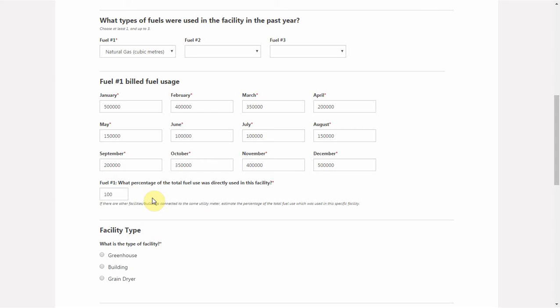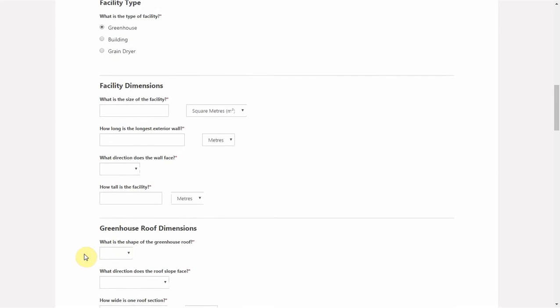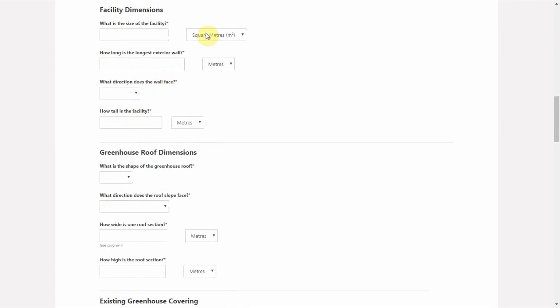Next, you need to tell GO-CALC what type of facility you have. There are 3 choices: greenhouse, building, and grain dryer. Depending which you choose, you will be asked certain questions about your facility. Let's choose greenhouse. When you choose greenhouse, you are first asked to enter the dimensions of the greenhouse